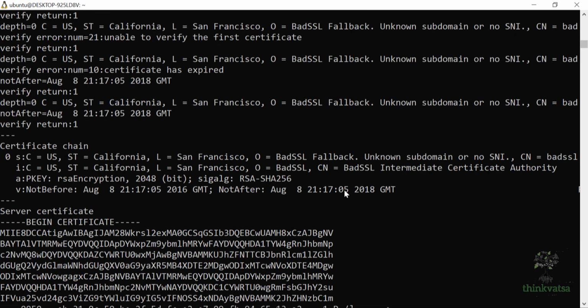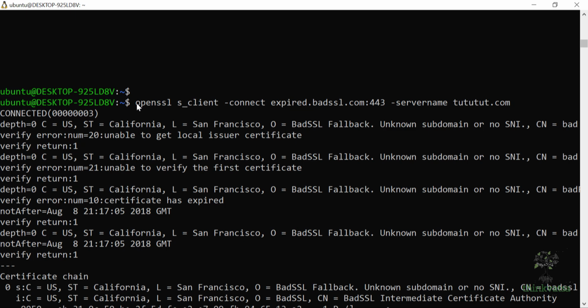We connected to expired.badssl.com, but we set the custom server name 222.com, which doesn't even exist, right? But if you see, after we typed in this command, the domain name resolution was done to resolve this domain expired.badssl.com to the IP. And once the client connected to the IP, during the client hello message, it sent this server name 222.com, but the server couldn't understand what this domain is. In that case, the server responded with a fallback certificate, as you can see here, bad SSL fallback, unknown domain, or